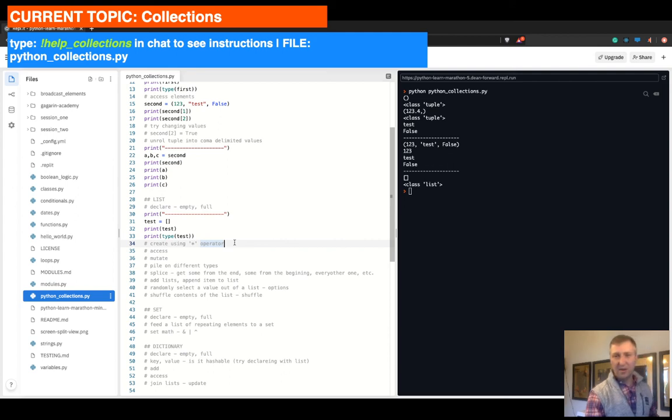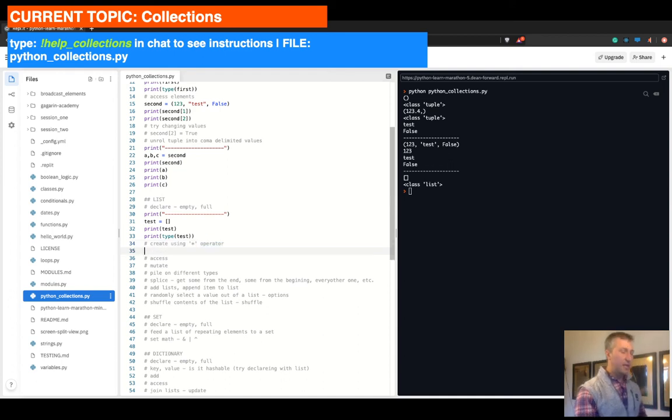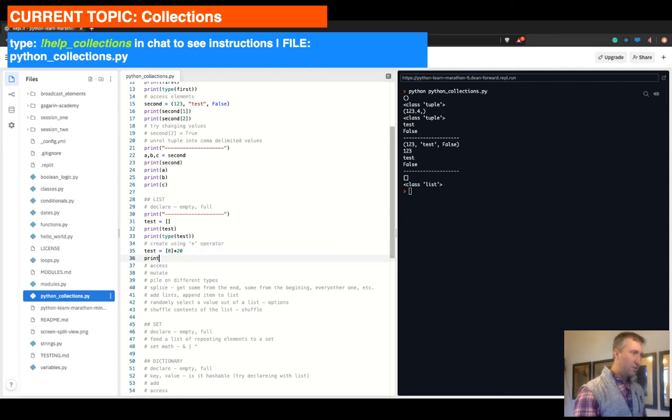So we have this little capability for creating. If you have a list and you need to create a list full of, say, zeros, like a list of 20 elements of zeros, we're going to go test equals, and we're just going to go element 0 times 20. So if we do print test, it's going to come back like this. So whenever we need to create lists that are